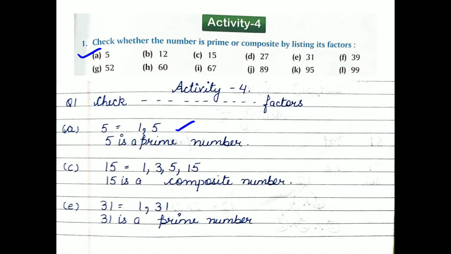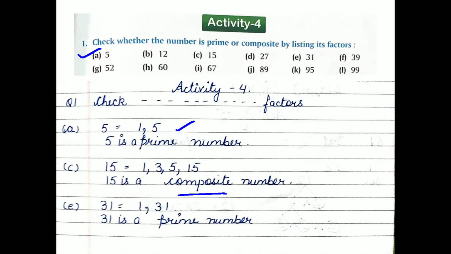Now after the A part we do the C part. The B part I will let you know later on. In the C part, we have to make the factors of 15. We always start from the smallest factor, that is 1. 1 15s are 15. So I will write 1 also and 15 also. After 1 we will see, in the 2 table does 15 come? No. In the 3 table does 15 come? Yes. 3 5s are 15. So we will write 3 also, 5 also. Then see, this number 15 has more than two factors, means it has four factors. So it is not a prime number, it is a composite number.